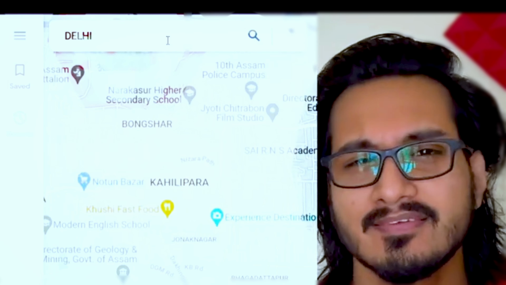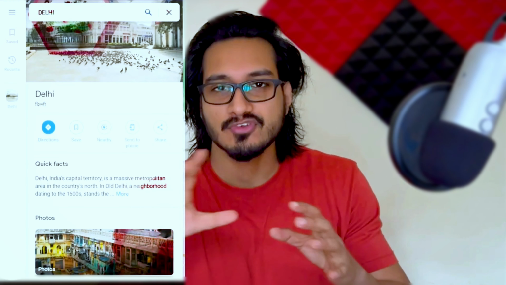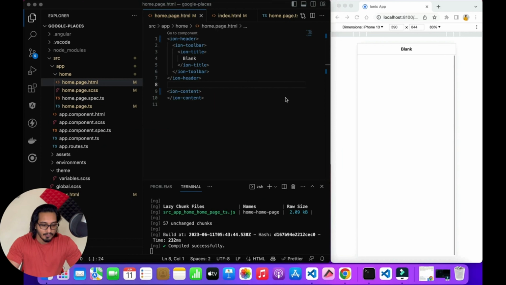Today I'm going to teach you how to work with the Google Places API and how to get all the results which you are looking for when you search for it. So let's get started. Now you can see I have already created a new project and I have already got